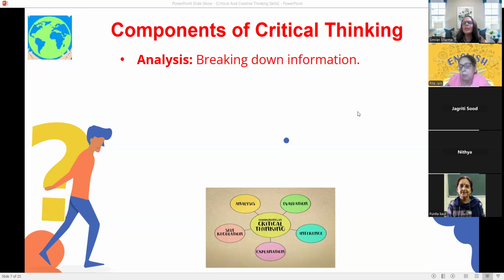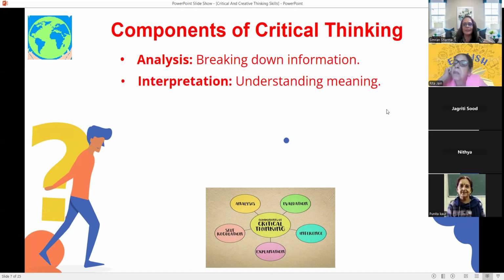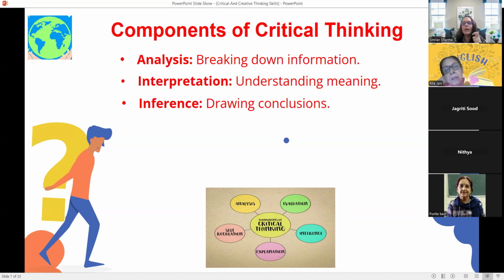So let's come to what the components are. First is analysis. In school we talk about global warming with students. So what is global warming? To understand that, we have to find the causes of global warming. What are the causes? Deforestation can be one, pollution can be one, or it can be greenhouse gases. So what do you do with that information? Break that information into segments, and interpret and analyze every segment to draw a conclusion.